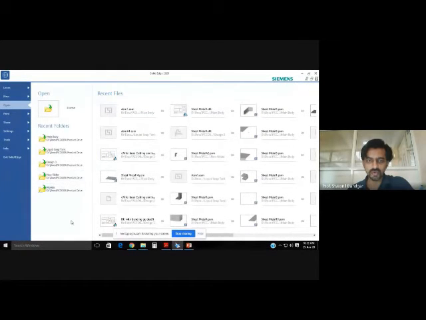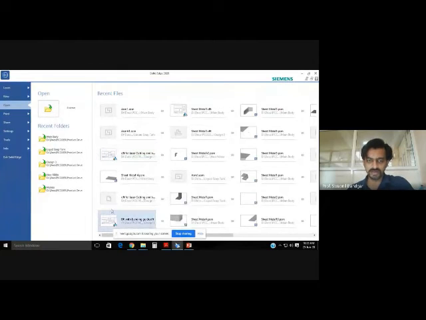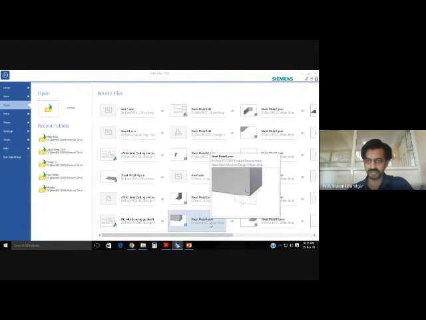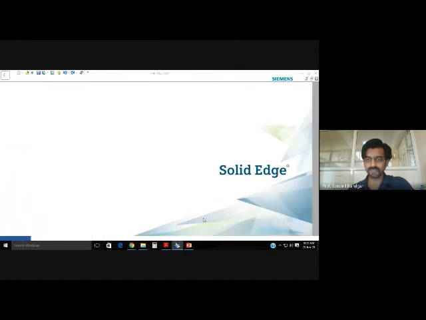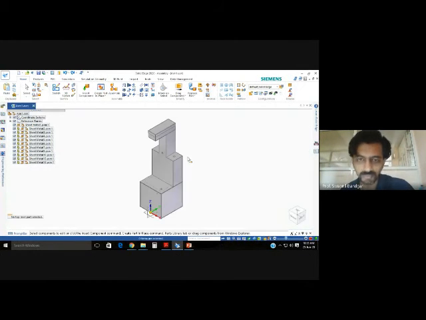I will show what sheet metal is. If you see this drawing, this is a drafting of our product that I showed last time, right? I will show the beauty of sheet metal, but I'm unable to find my assembly main body. It is taking some time. My system has 8 GB of RAM, a 2 GB graphics card, and an i5 processor, and still it takes time. So please invest wisely.